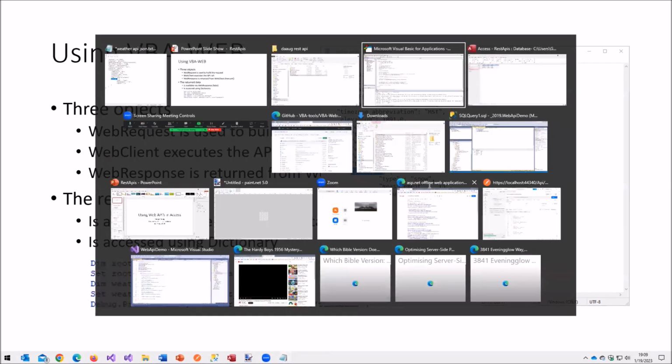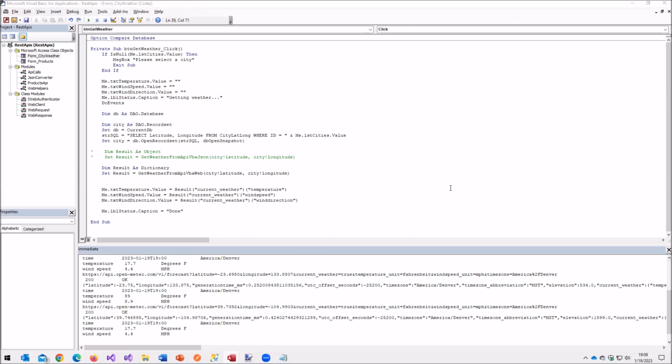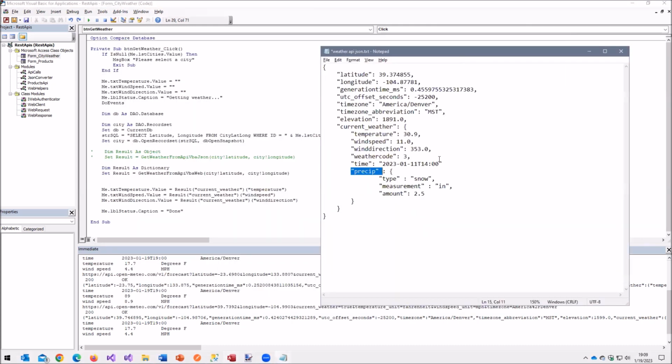So you would come here and you would say current weather dot precip, and that makes sense. Yes, thank you. Okay, great. Any other questions on that?